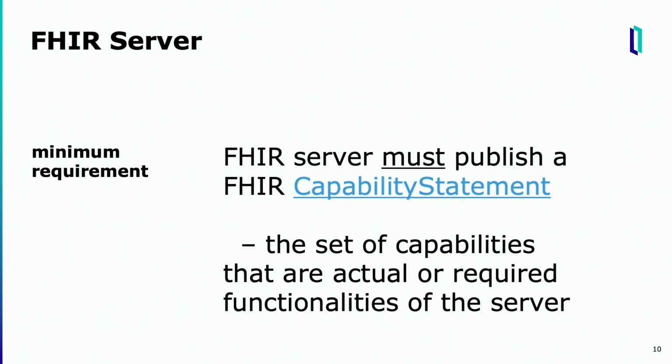What operations is this server capable of? That is a machine-readable representation of everything this particular server does, and every server must publish that. Everything else it does is optional, but it has to have a FHIR capability statement. So if you're a FHIR client, the first thing you do is query that server to find out what its